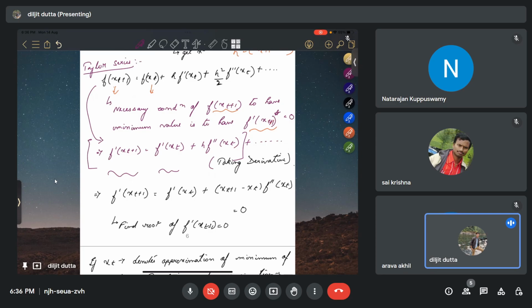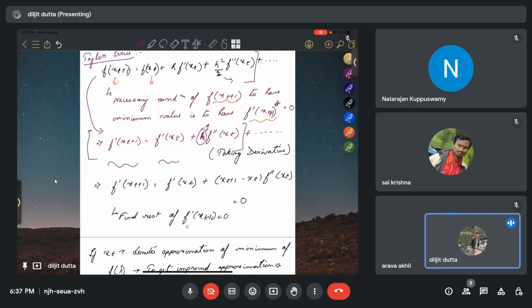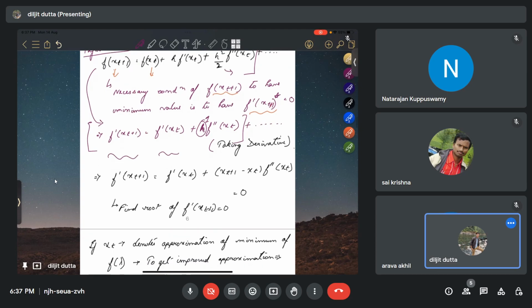And why am I saying first order? Because here the coefficient of f double dash is h, that is x_{t+1} minus x_t. Since its power is 1, we will get a first order accurate solution. If we consider up to the h square term, it is called the second order accurate solution. We are concerned with only the first order accurate solution in Newton-Raphson, so now take only the first 2 terms